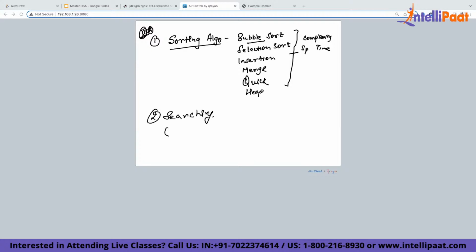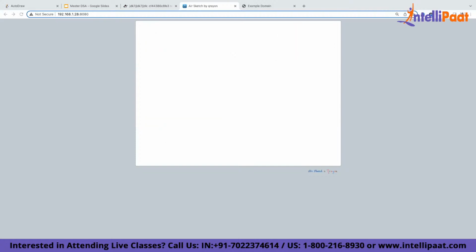For all those who are between 0 to 2 years, searching will be one of the questions which you will be asked upon. Now here we have two types of searching, linear and binary, right? Now again, you have to understand and implement them. Once you are done with sorting and searching,